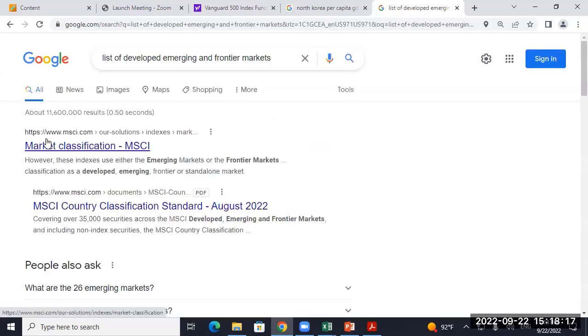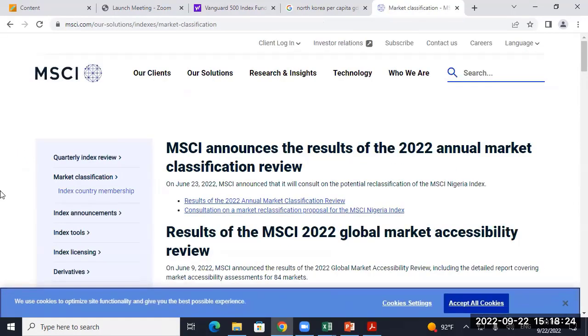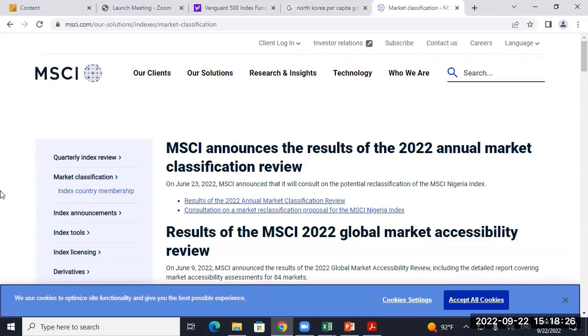See if we can find a good list. MSCI, let's see if they'll give it to us here. MSCI, so there's Standard & Poor's. They do a lot of indices. You've heard of the S&P 500. MSCI, y'all know what the MS stands for? Big investment bank. They're not part of it anymore. It used to be Morgan Stanley Capital Indices, but then they sold it off. So I think it's an independent company, or maybe Moody's bought them or something.